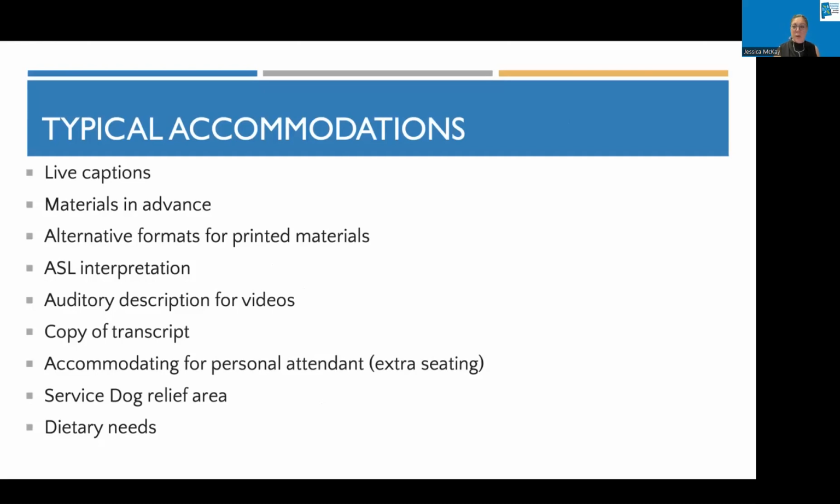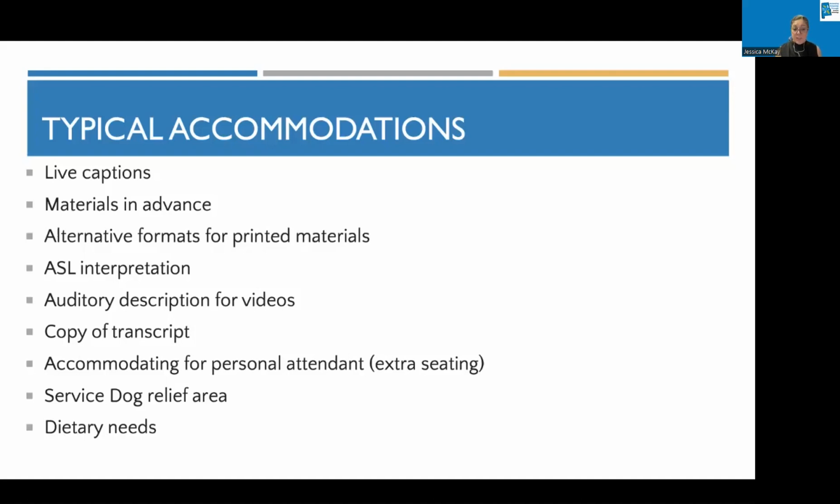So if you're going to do a conference program or flyers, is there a digital form available that can be easily formatted into Braille or some other type of file? American Sign Language interpretation, auditory description for videos. If you're going to show them a movie or a longer video, you may need to have the auditory description for that movie or video available for people.